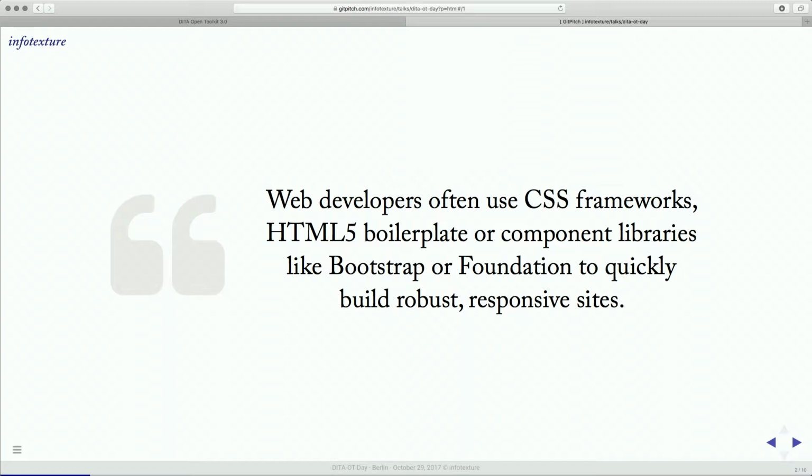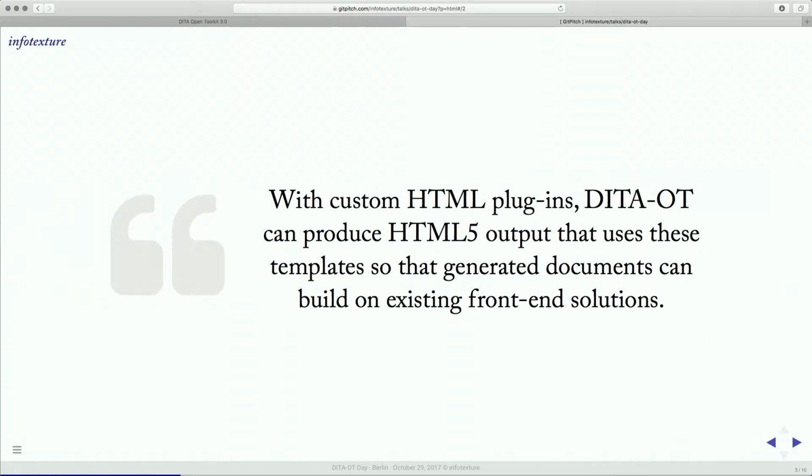You may want to look at other solutions, but I will describe today what we do with the project website, which uses Bootstrap, but I'll talk about it in a way that hopefully applies to other frameworks as well. So the code samples that I will give are specific to our site and to Bootstrap, but the basic notion of how to go about doing this will be applicable to other frameworks. So that's the idea. With these custom plugins that we can create for the toolkit, we can take the HTML5